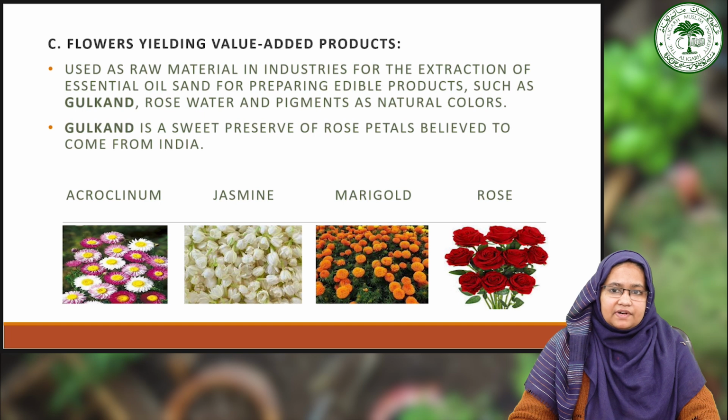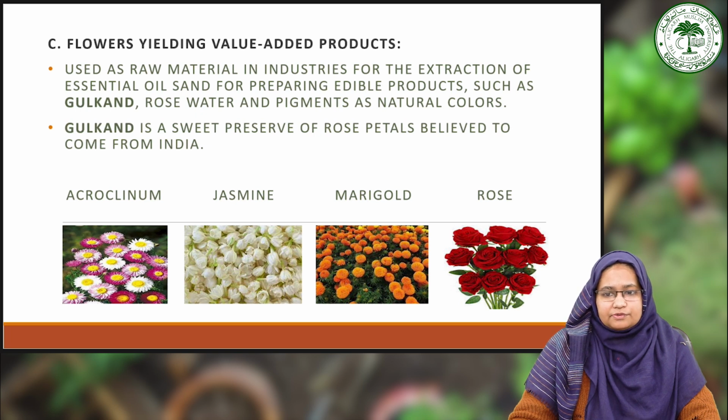The next type of classification is based on flowers yielding value added products. These flowers are used as raw material in industries for the extraction of essential oil, and for preparing edible products such as gulkand, rose water and pigment as natural colors. Gulkand is a sweet preserve of rose petals believed to come from India. They are also used as dry flowers such as